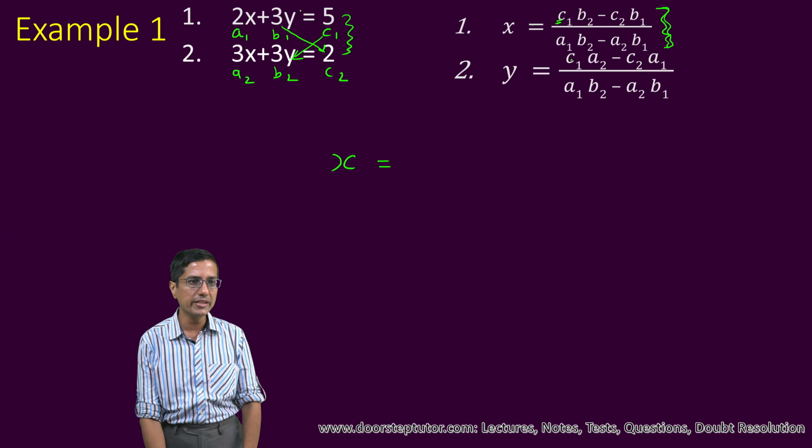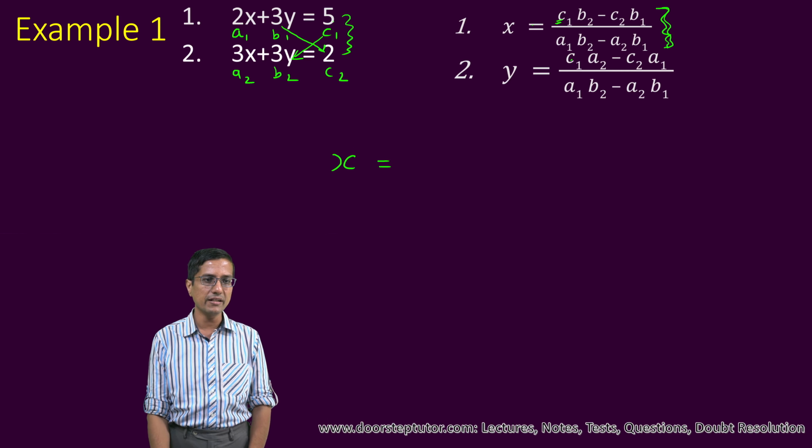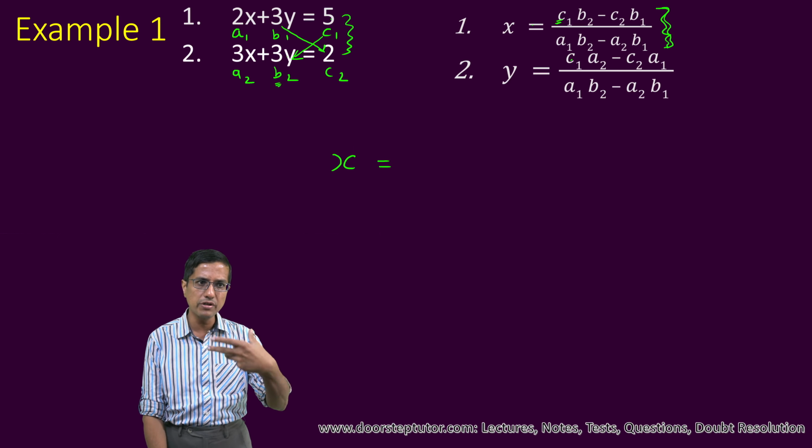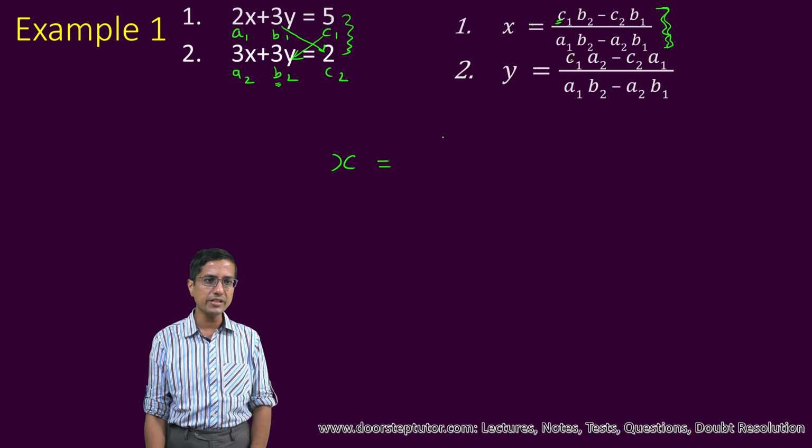And of course we are doing this cross multiplication. The first thing is that we start our arrow from c1, which is in the top right hand corner, and go to the bottom left hand corner, right here. So that is how we will remember it visually. So let's do that first. This becomes 5 3s are 15 minus 3 2s are 6, divided by